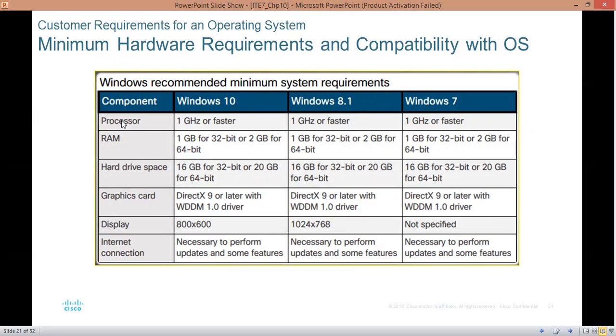Remember, the unit for measuring the processor is in hertz. And so the minimum processor speed for you to have on Windows 10 must be 1. Anything less than 1 will make your operating system unstable. For Windows 8.1, it's still 1 gigahertz or faster. Windows 7, same. And the minimum RAM you should have for a Windows 10 should be 1 gigabyte for a